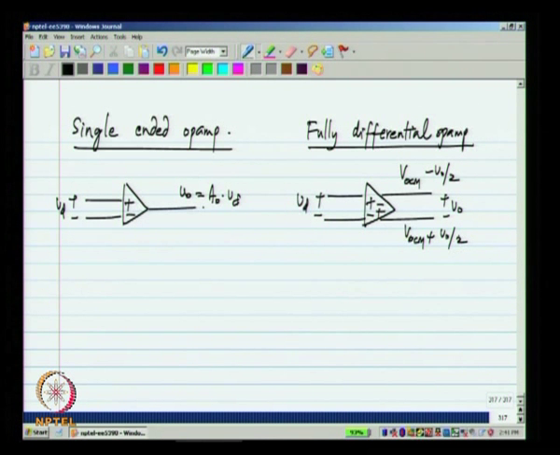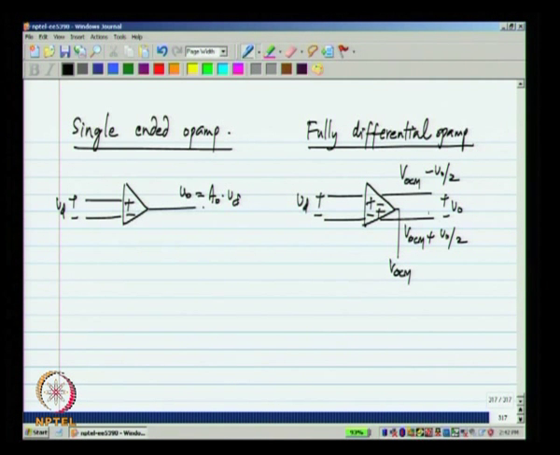And what is VOCM? It is the common mode of the output, it is usually some constant DC quantity, and that will be an input to the op amp. I will show it like this. So, you can specify the output common mode voltage of the op amp by providing a corresponding voltage to the op amp, and this voltage will be internal to the op amp. We will see how this will be used when we design this circuit at the transistor level.